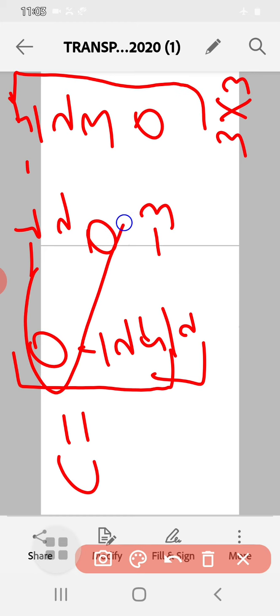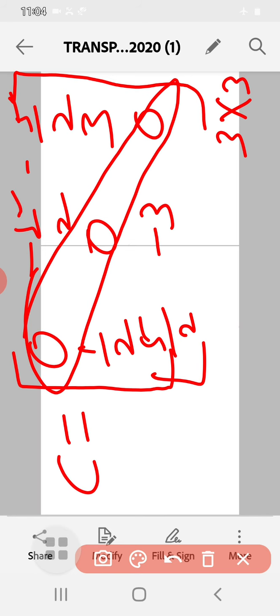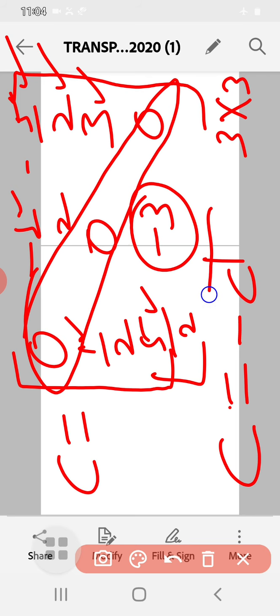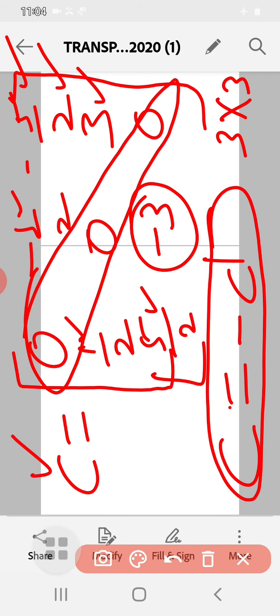Observe here, diagonal elements are 0. And what about the remaining elements here? Compare the corresponding elements here. Minus half, plus half. Minus 5 by 2, so upper corner and lower corner 5 by 2. Then this one is 3 and this one is minus 3. So definitely here C is equal to minus C dash. Therefore C is a skew symmetric matrix.